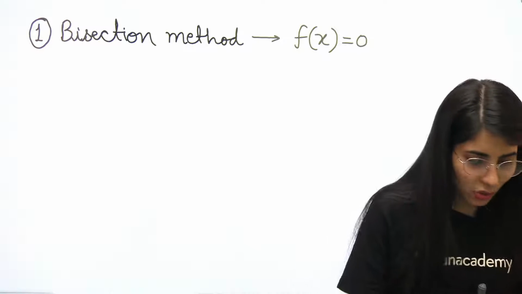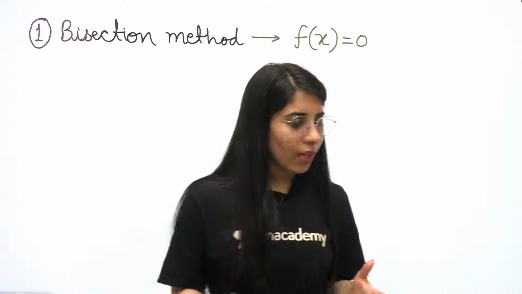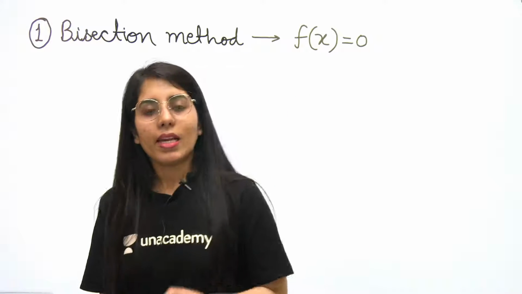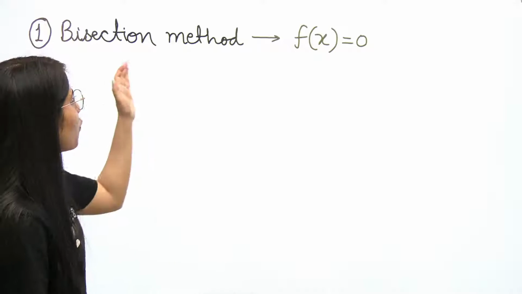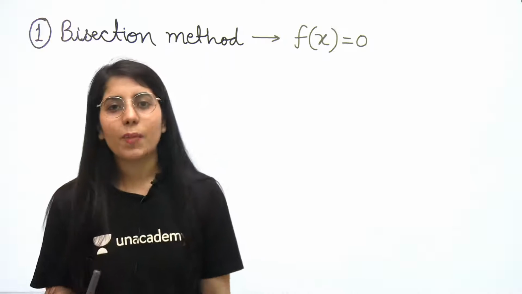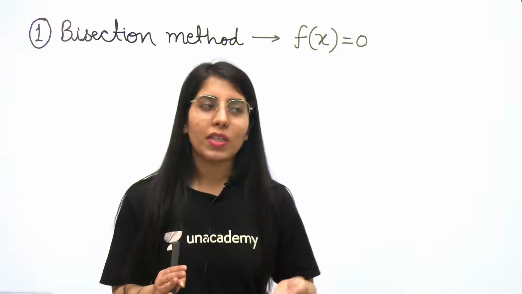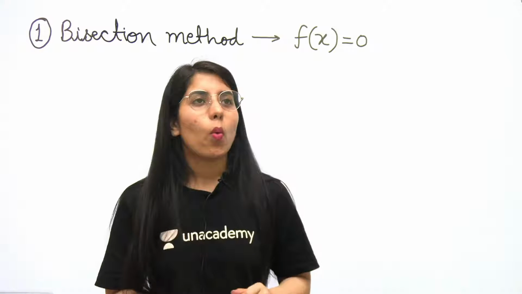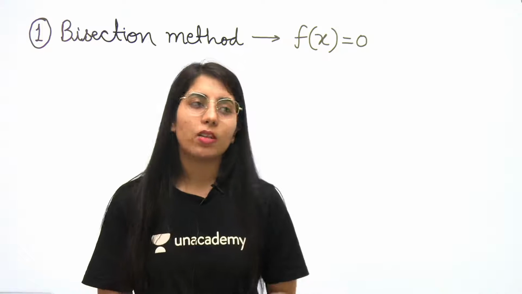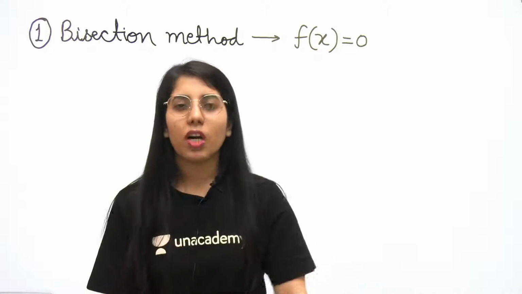Let's start the discussion. So today's session will be all about numerical techniques, which is one of the very important topics of mathematical physics. The first method I'm going to discuss here is the bisection method, which is quite easy in comparison to other methods. But again, it is important that we all know the exact steps, the approach, the process to solve any question by using the bisection method, and why and when we will use it. So all the things we are going to cover.